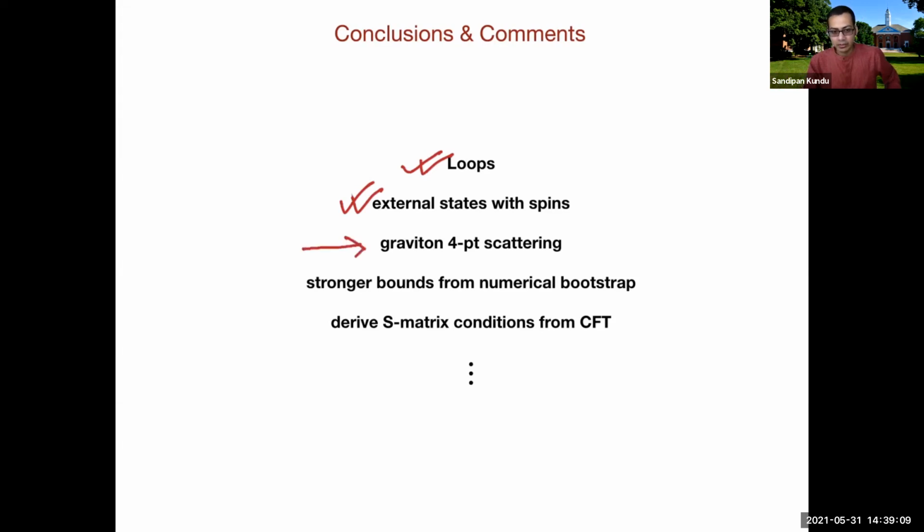to use the same kind of setup to constrain the graviton 4-point scattering amplitude. One thing I should mention, which I probably forgot to mention in the beginning: I don't believe that the bounds that I showed you today are optimal. I don't think they are far from being optimal. And I also believe that there are similar constraints on odd K interactions as well. So I think stronger bounds can be obtained either from numerical bootstrap or from some more sophisticated setup. So one can